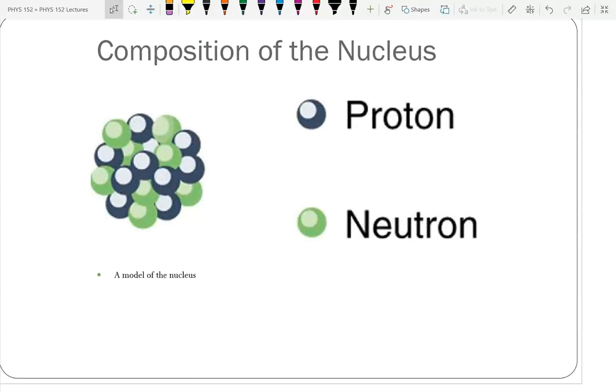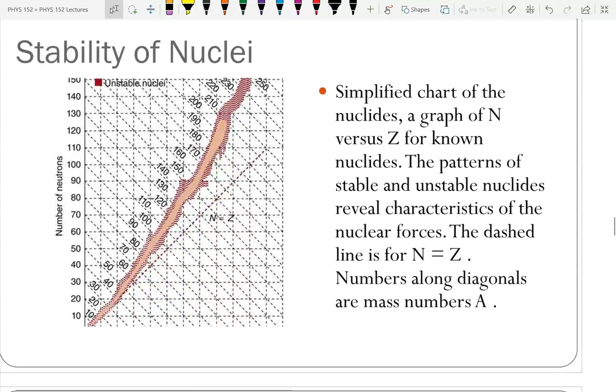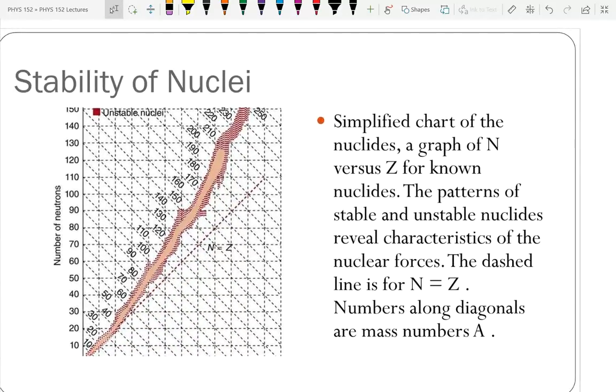Okay, types of decay. Oh, I should mention this. I talked about why radioactive decay occurs. What kind of things would make the nucleus unstable? Well, one easy one to understand is the nucleus has protons and neutrons. Protons are positive. What kind of force do we have between protons and other protons? Repulsive. They're pushing apart. So how in the world do you have a nucleus with 2 protons and 2 neutrons? What holds it together? There's a force that we call the strong nuclear force.